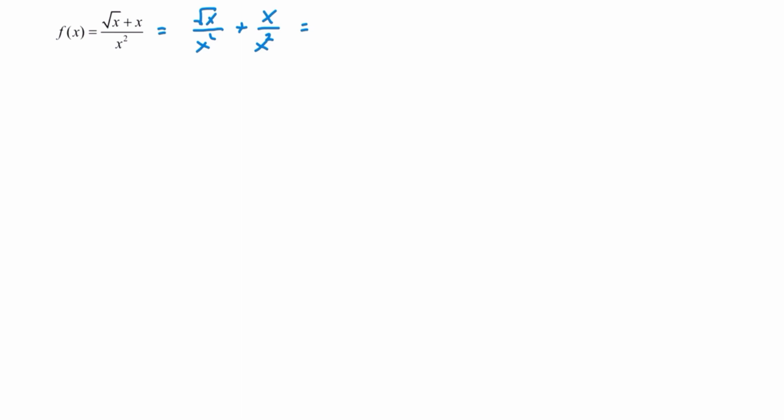In the first one, we get 1 over x to the 3 halves. And then the second one, we get 1 over x. We get x to the negative 3 halves plus x to the negative 1. So now, f prime,